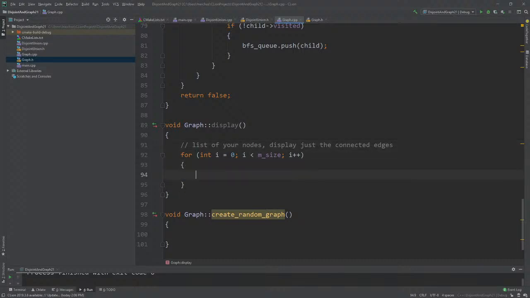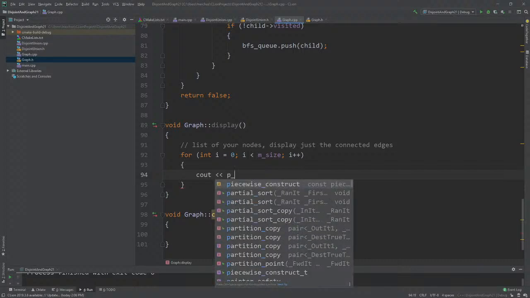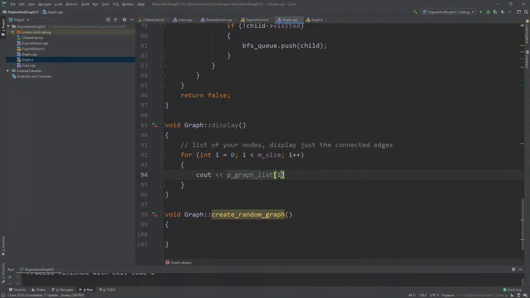So for instance here, let's say cout p graph list at i name, and then let's put in, say, colon connected to